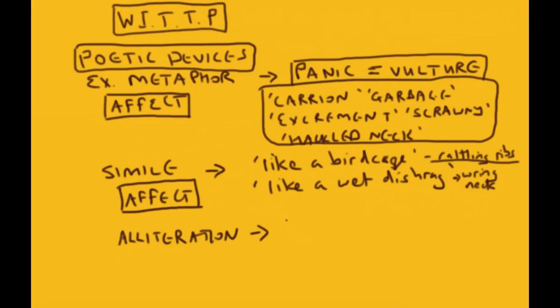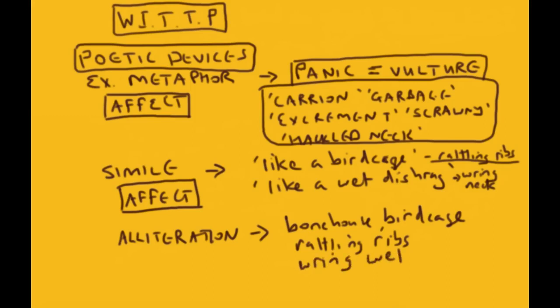And we have some examples of that. For example, bone house and bird cage. We have rattling ribs, and we have, let's say, ring